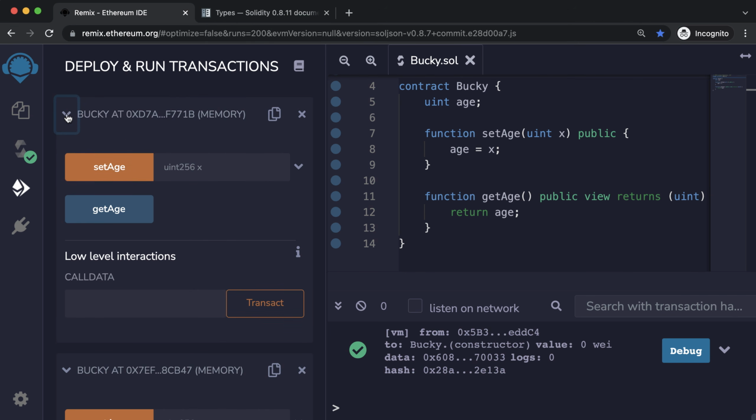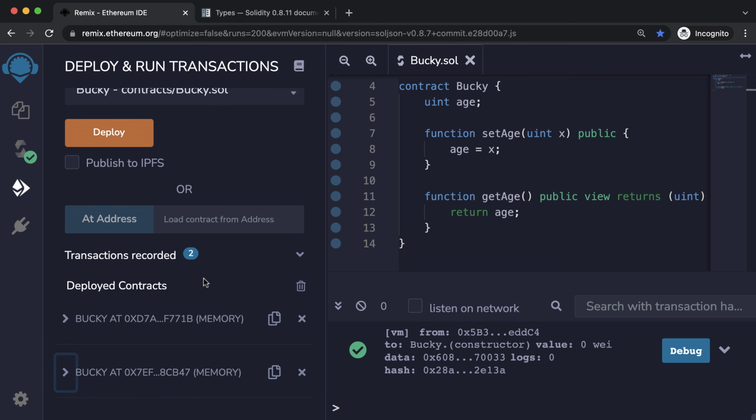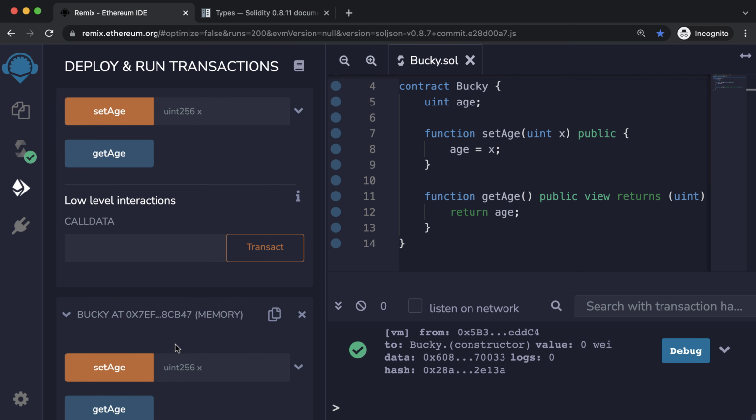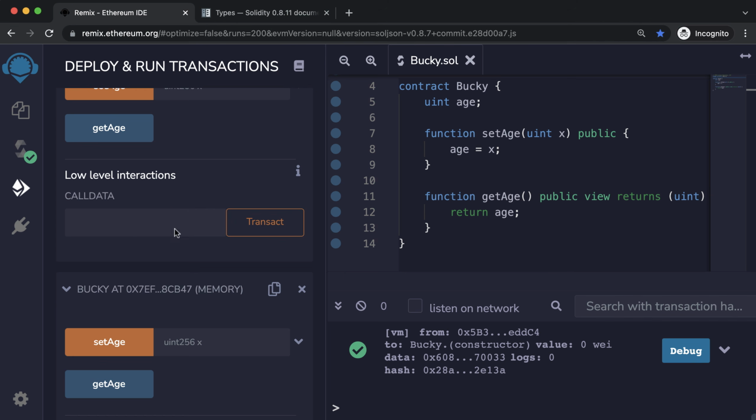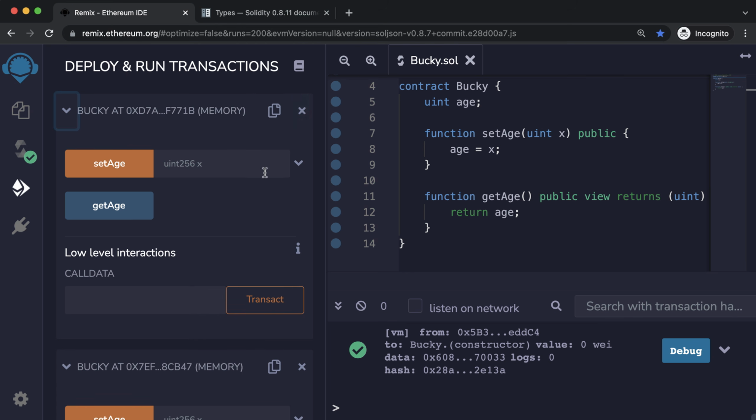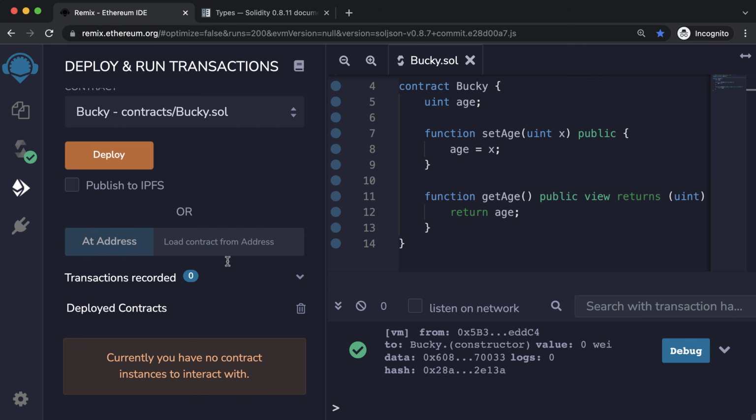And this is actually what I meant by there's not only one version of the smart contract living on the Ethereum network. You can deploy it multiple times and have different instances of it. So now I deployed it twice. So we got two versions of Bucky floating around. Maybe one has the age of 10 and one has the age of 20. And the last thing that I want to mention is that, let me go ahead and actually clean these up,